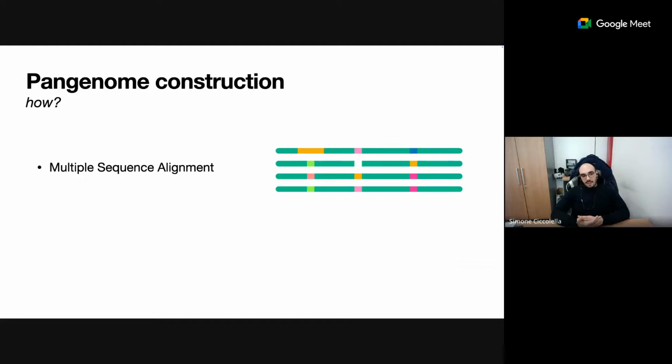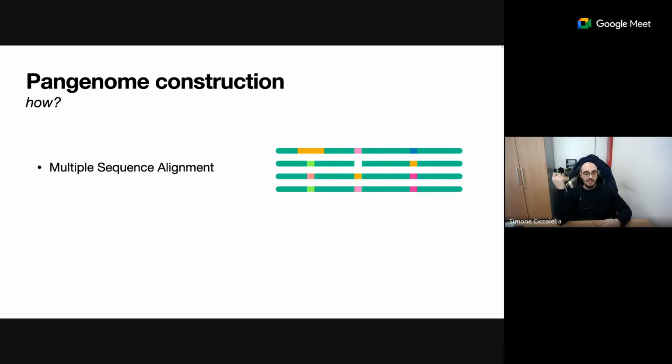Therefore, different methods have been proposed. One, which is the one that we will focus on the most, is based on multiple sequence alignment. So what we do is that we take a bunch of sequences and we do a multiple sequence alignment. We have different methods to do so. We typically either do a pairwise mapping, and then we combine all the pairwise mappings together and obtain what we can call a matrix, right? We have this matrix where we have different organisms as rows, and we have the different genomic composition on the columns.